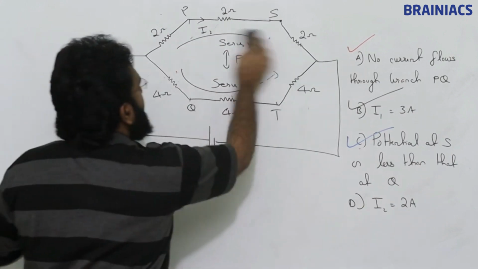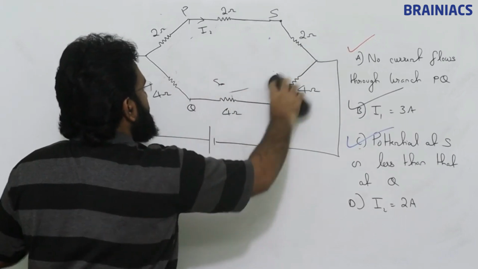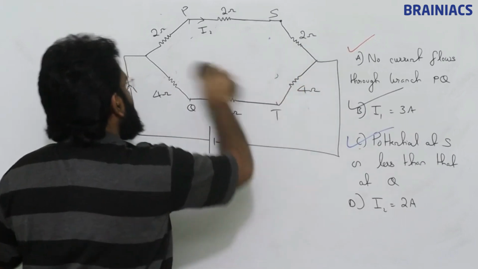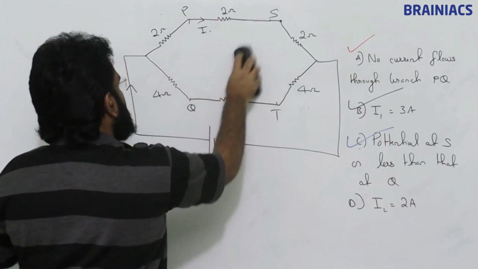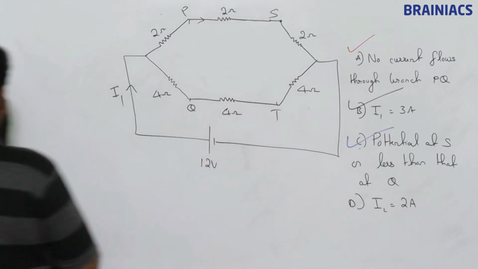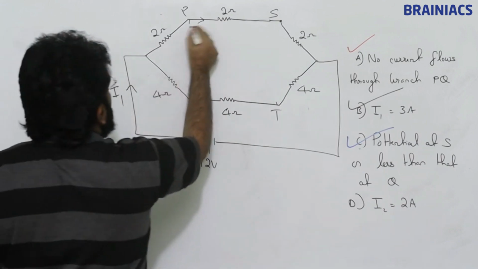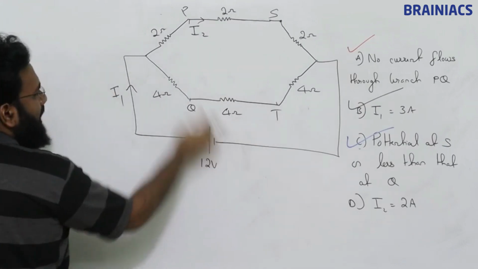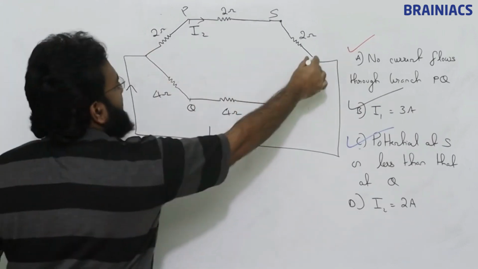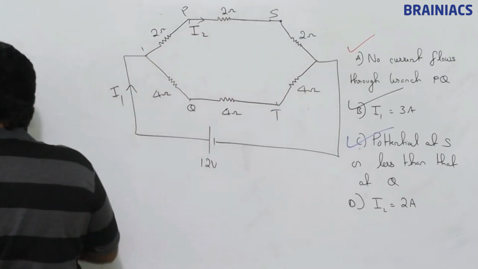Okay, now we need to find I2. What is I2? Easy. So 12 is here. That 12 is parallel with this. So between this terminal and that terminal,